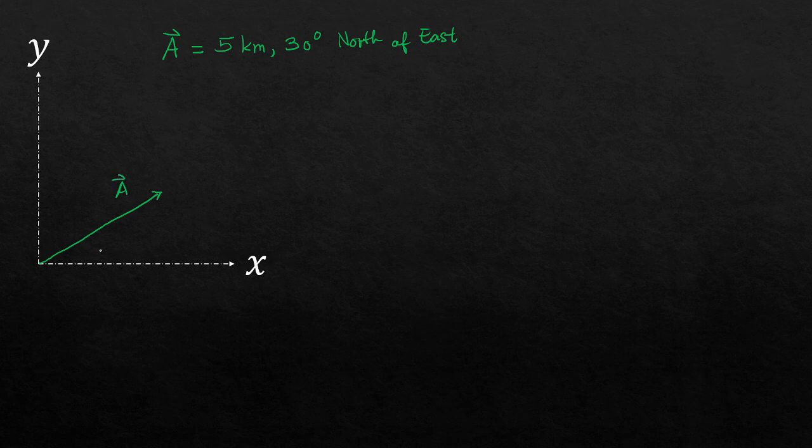So we can say that this is the angle, this is the placement of the angle, this is 30 degrees, and the components of vector A, this would be AY, and this being would be AX, right? So from what we have learned from the component method, or getting the components of vector,